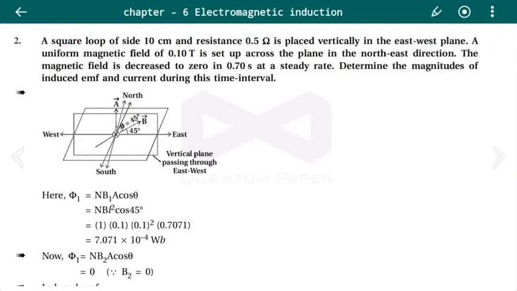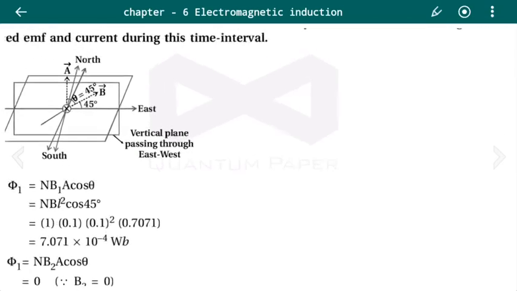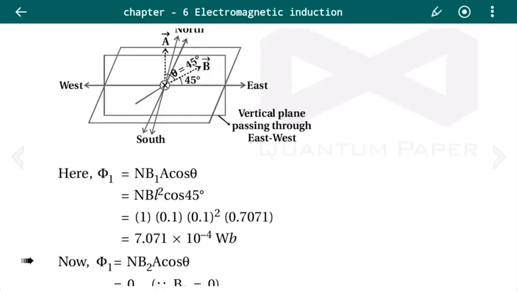Its value is 0.10 Tesla. So here we need to find the induced EMF and current. Here the time interval is given, that is 0.7 second. Magnetic field value is given, resistance is given, and the length of the square loop is given. So as we know that